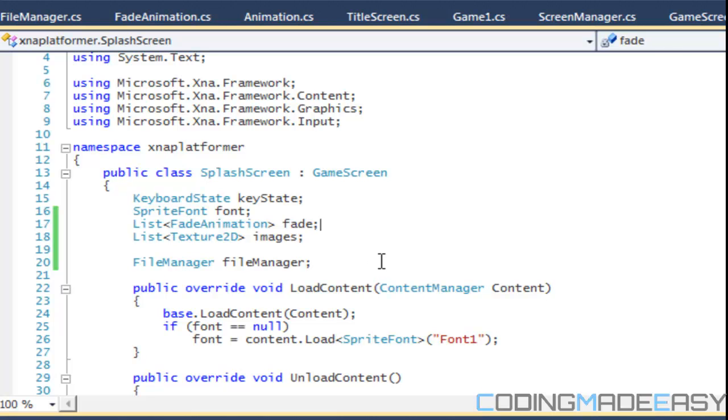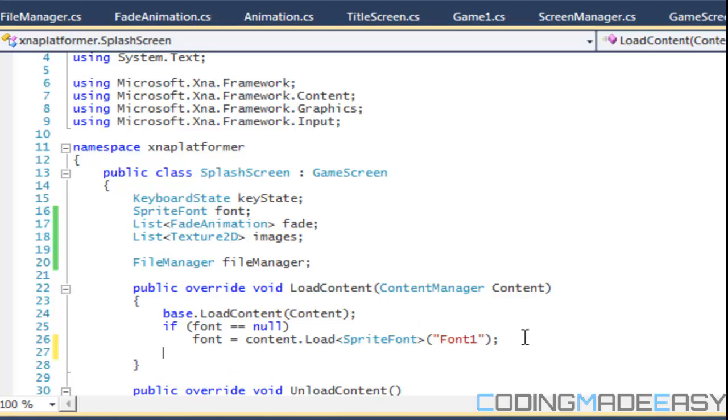We only want to initialize it when we need it. So we know that every single time we run the game, we're going to use the splash screen. But what we really want to do is, when we call the load content method, that's when we want to set it into a value. Say we have another screen, for example a new game screen. Some players, when they play for the first time, will click new game, but other times they'll click load game. Now if we set up all the initialized stuff in the new game screen but they never use it, then we just wasted some space in memory. So we only want to allocate it when we actually need it, and that's when we call the load content